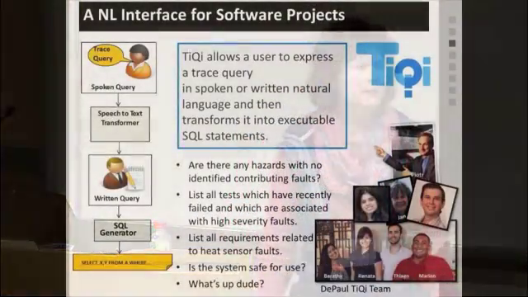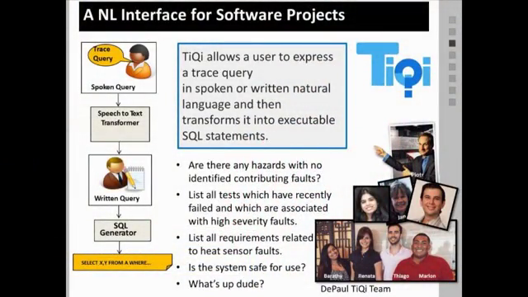In fact, I have a couple of industry collaborators, and about 8 years ago, I visited one particular collaborator, and they told me that because of process improvement initiatives in their companies, they had to have traceability in place. So they spent a lot of time establishing traceability, but they never actually used their trace links after they created them. I wanted to know why, and one of the reasons is the barrier of formulating queries that are quite complex using SQL or something like that. So one of the things we wanted to do is to create a natural language interface for querying software projects.